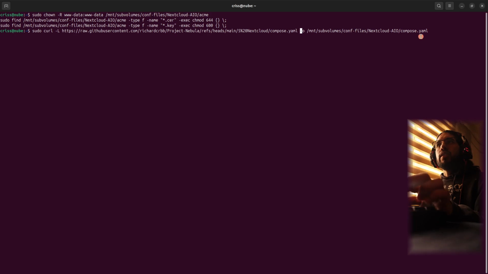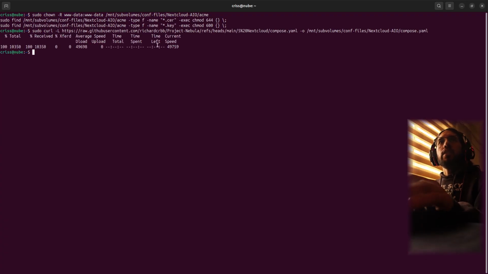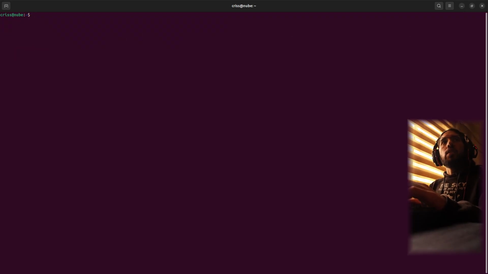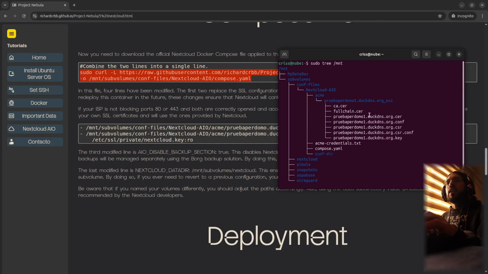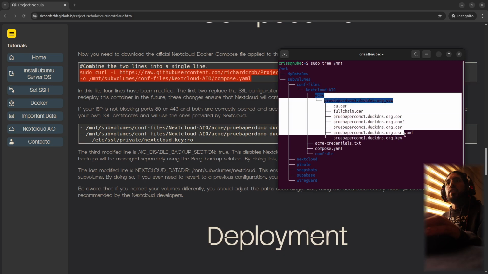and it's going to leave it in this file. So enter. Now it downloaded it. So clear. Let's check this out. So we go with sudo tree and mnt, and in here you can see that we have our compose YAML file. Okay, so we have our compose and we have our certificates, and this directory and these files had the correct permissions